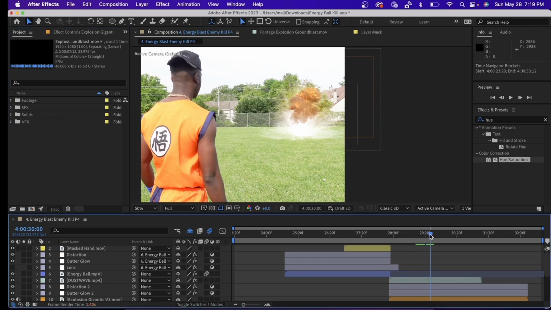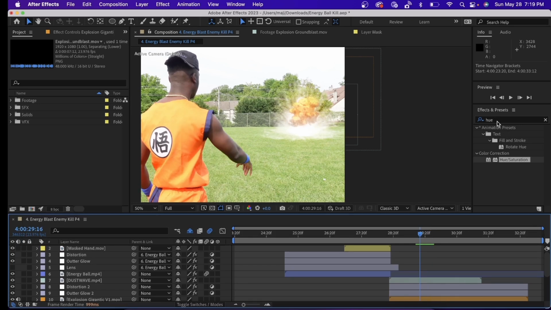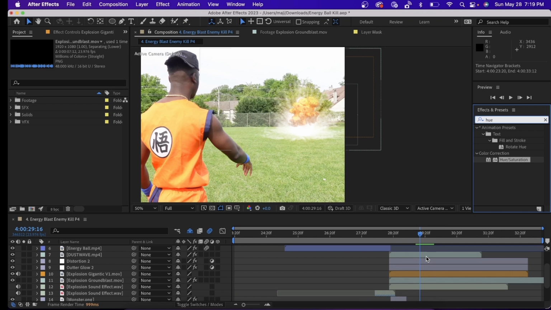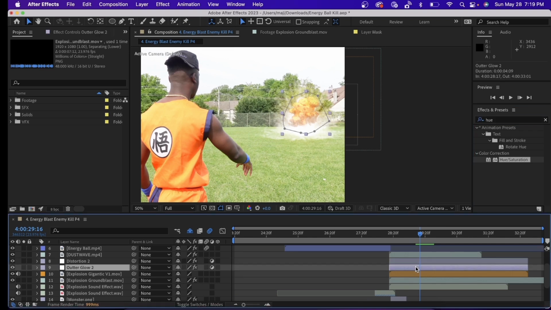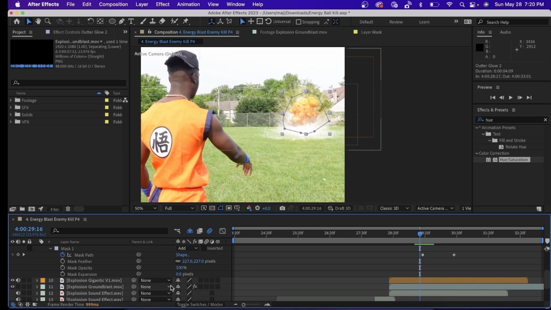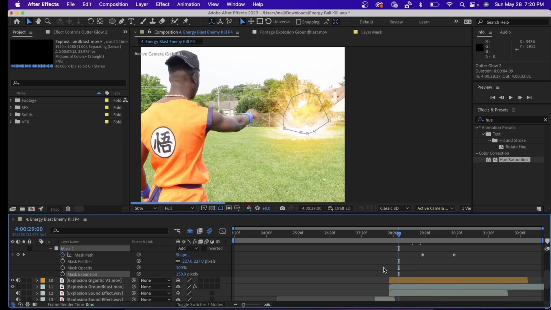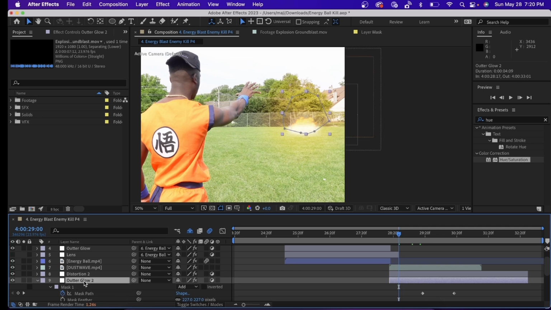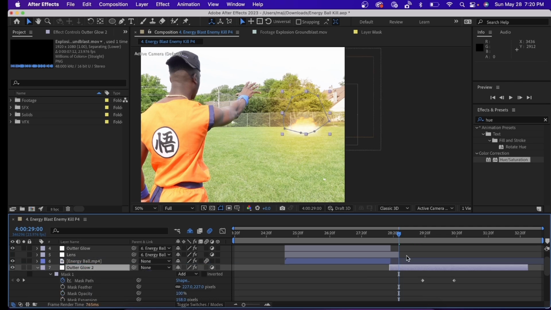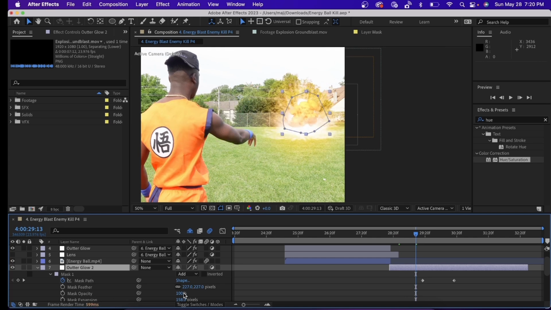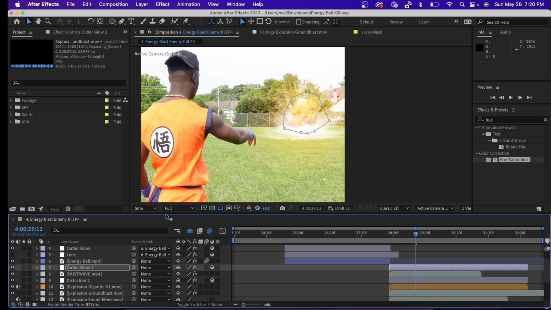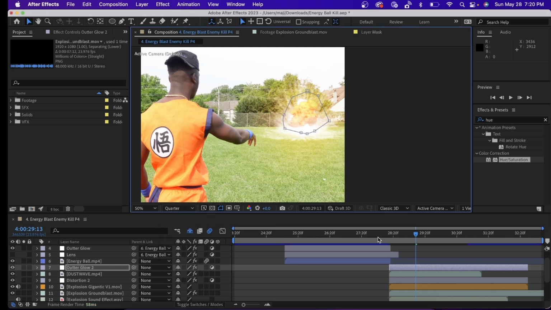Now, you can go ahead and do that. Let me come back over here to the outer glow, double click M to reveal the mask properties. I can increase the expansion a bit more to create more of a realistic glow. Click on the outer glow and place it on top of everything. And if I feather it out a bit more, it's not too yellowy. Command S to save. It's perfect. Let me change the quality back to quarter. And if I press play,